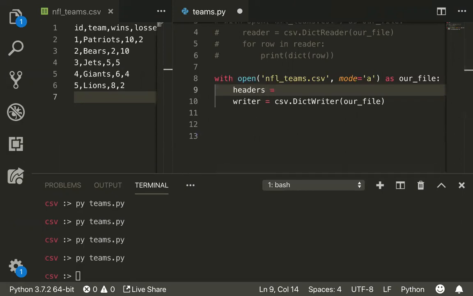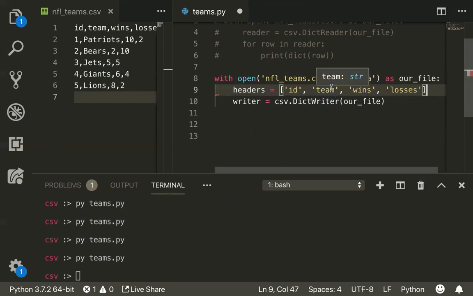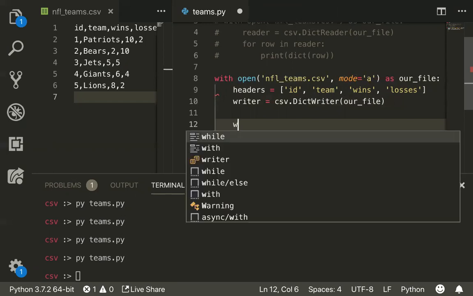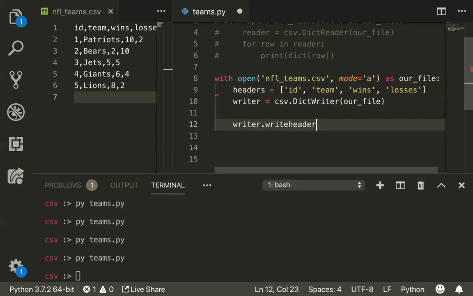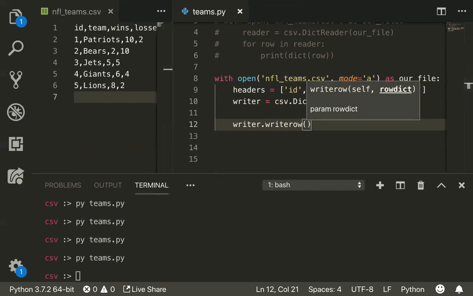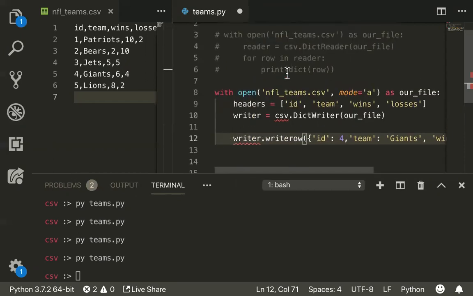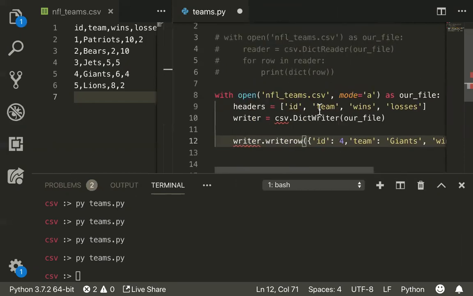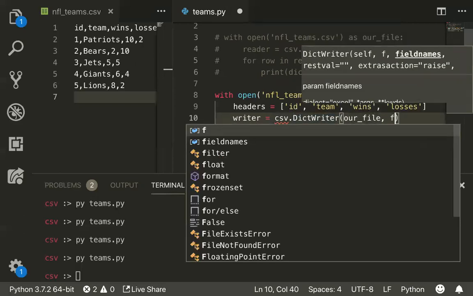Equals, let me copy this. When I write, I want to tell it what my headers are so that it knows how to parse. So I'm going to just save those as an array or a list right here. And then I'm going to do writer dot writerow, and then I'm going to copy this. I want to make it a whole dictionary. Instead of passing it an array like I did before, or a list, I can pass it this dictionary. And then here I have to say